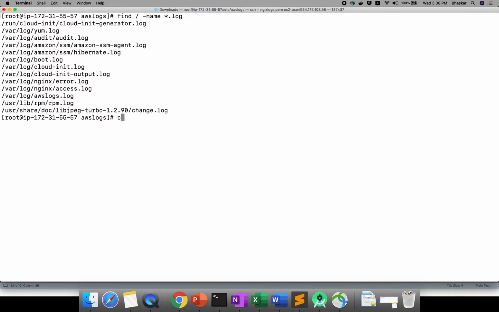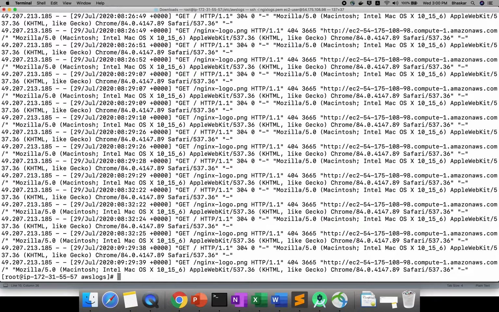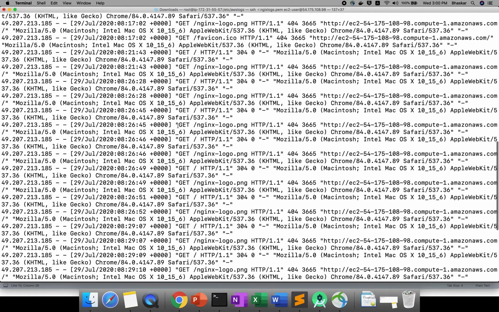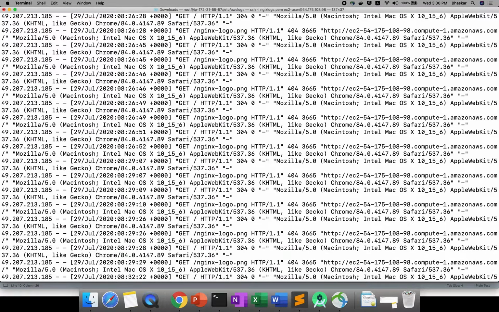Okay, paste it. Now if I use the cat command, if you want to see the access logs, copy and paste it. Are you able to see this whole log? You are able to see it, but every time you log into the EC2 machine and see it this way, it is very difficult, right? From which IP this request is coming, everything will be there. Now what we are doing is converting this whole log into CloudWatch logs.